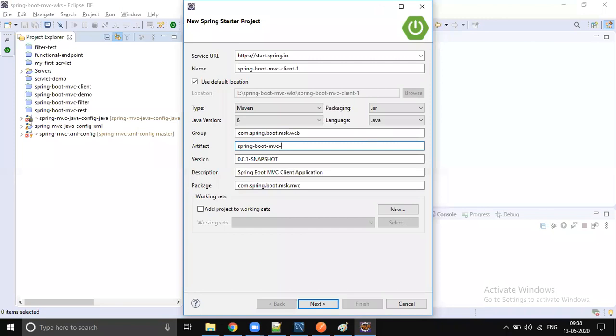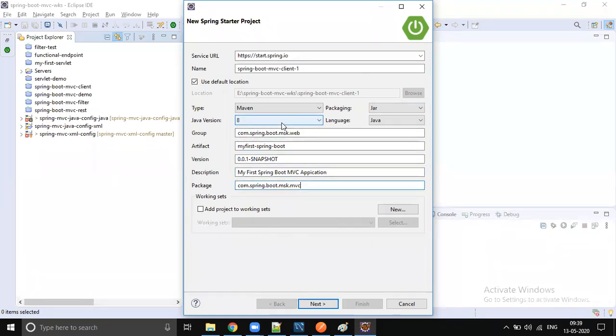Or else, my-first-spring-boot-mvc. So, my first Spring Boot MVC application. Okay, the root package is springboot.msk.mvc.